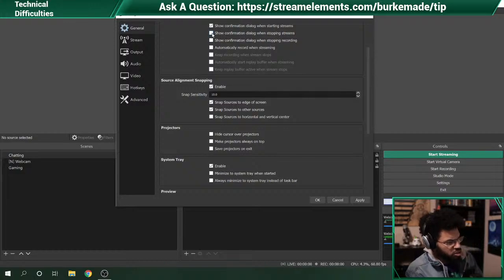A confirmation when you stop streaming, that will be helpful. Because I have a Stream Deck, right? And I hit a button that ends my stream. I leave it unchecked so that I can do that and it won't ask me, do I want to end the stream? But say you want that confirmation, or say that you are using your mouse and you're clicking things